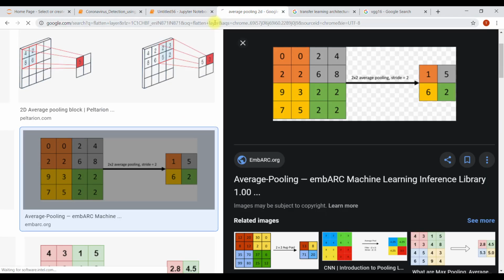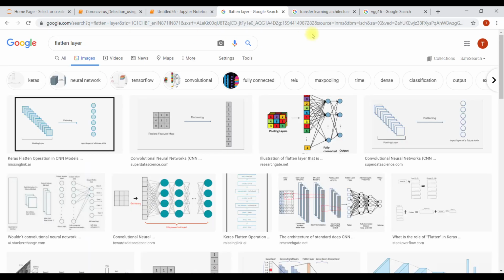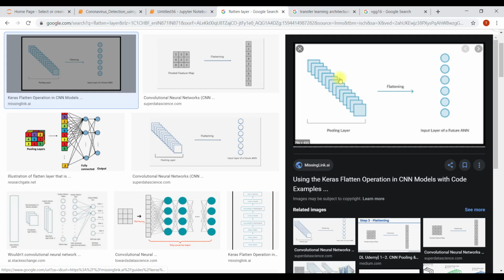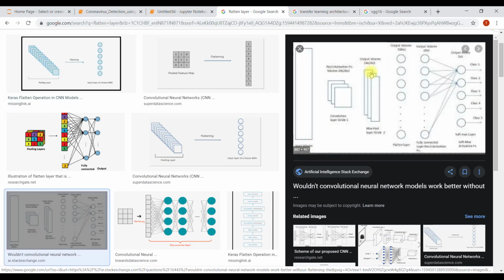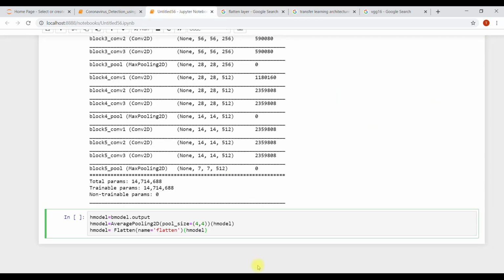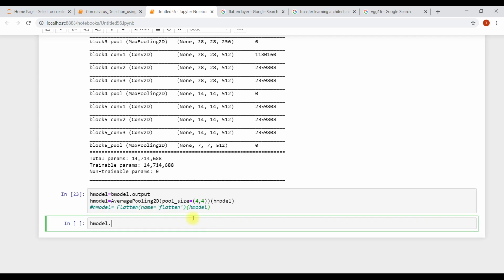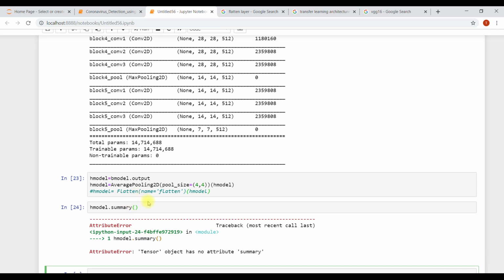Now what is the flatten layer? The flatten layer basically flattens all the nodes, according to the number of outputs. If I run head model dot summary, it says the tensor object has no summary.